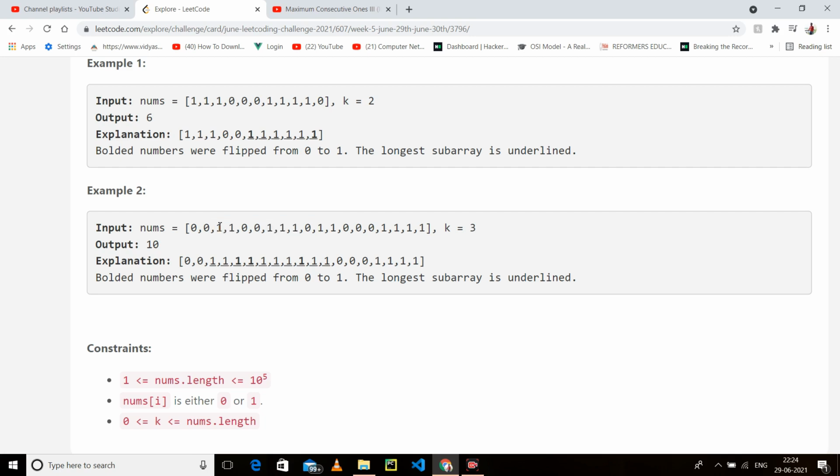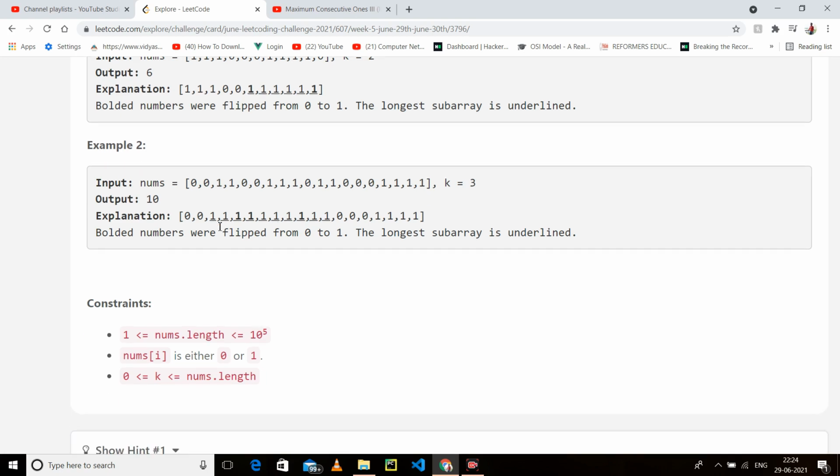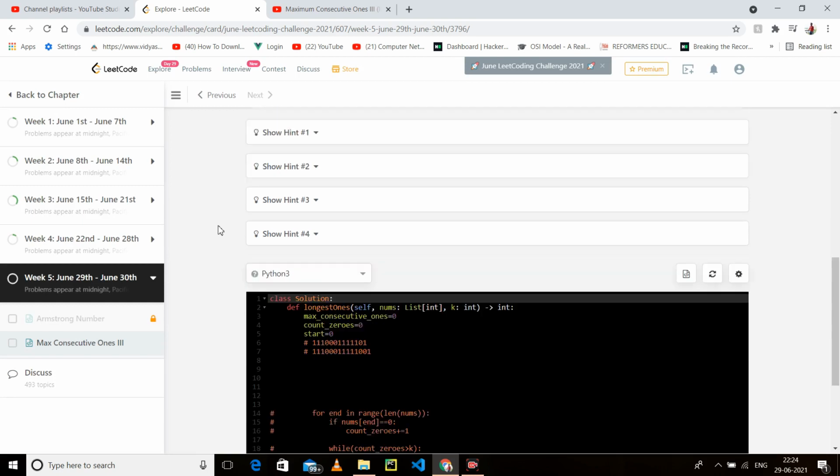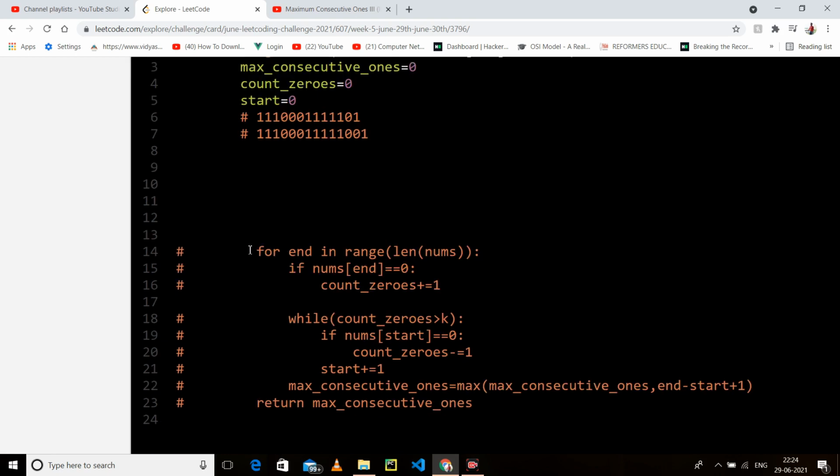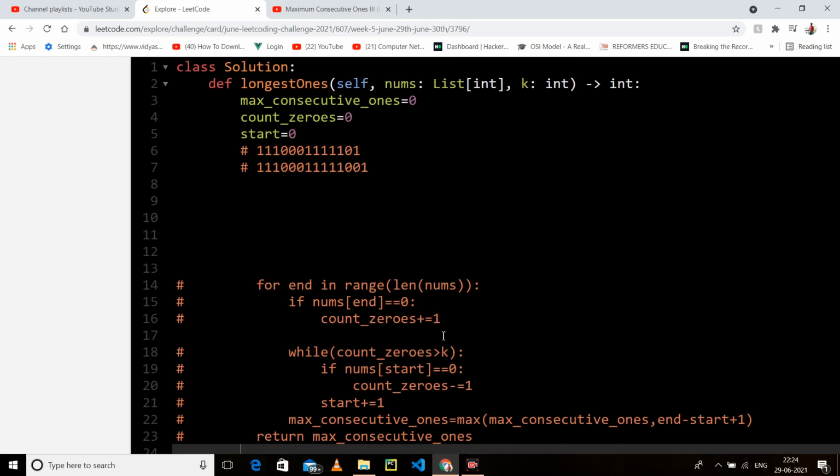But how can we implement this? It is a very simple thing. It is a very easy question. It is medium level, but it is very easy, though you have to take care. It is totally dependent on your analysis, on whether you are able to analyze or not. I will demonstrate an example by which I will tell you how we can implement the actual solution so that it can run and pass all the test cases. I have also made a logic, but for you I will make it again.